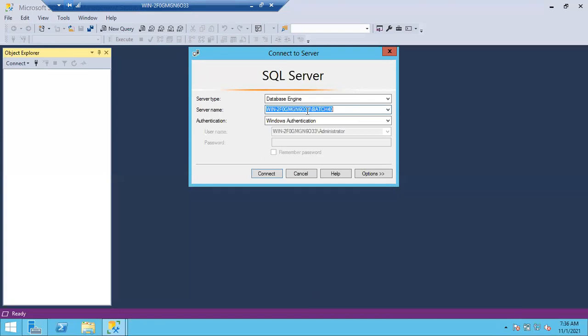Clear? It's not like we can only use the drop down. See here, I can edit this one. Whatever name I want, I can type it. If you know the server name, you can type or copy paste it. If the server exists and is enabled for remote connections, you can connect to it remotely from anywhere. It's not like every time we RDP to the Windows server, then open Management Studio, and only then can we connect.